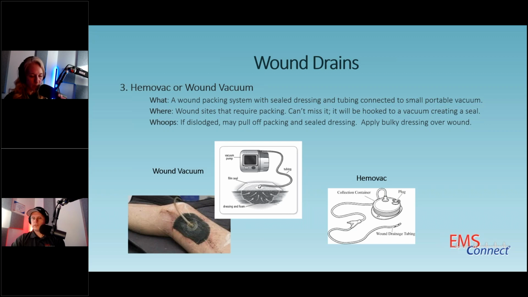And so you might be transporting a patient that's hooked to a little vacuum, and that's totally fine. You can just put it right between their legs on the stretcher, and they're tiny, and just go. The sponge material is sealed with a very large Tegaderm-like dressing that's very stout and solid and secure. It would take quite a bit to pull it out, but again, if you pull out the tubing and the vacuum,